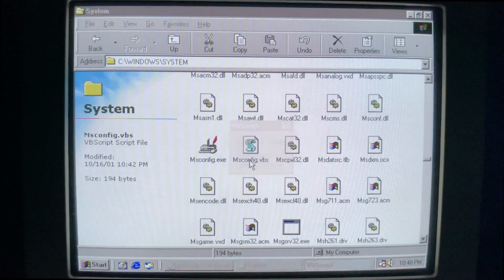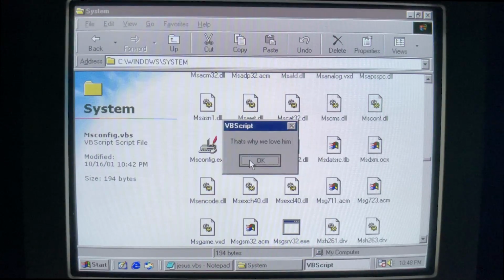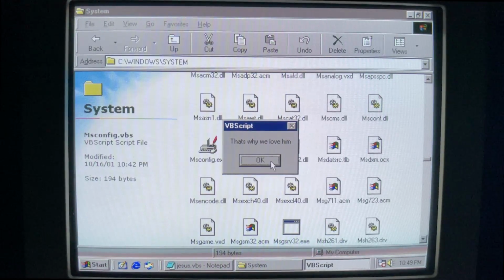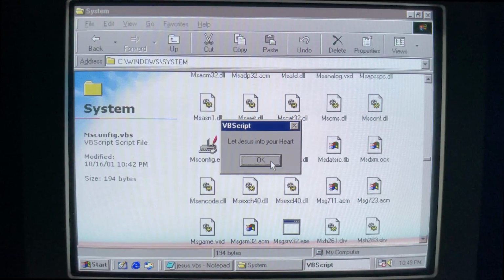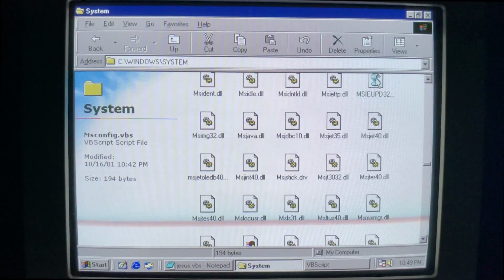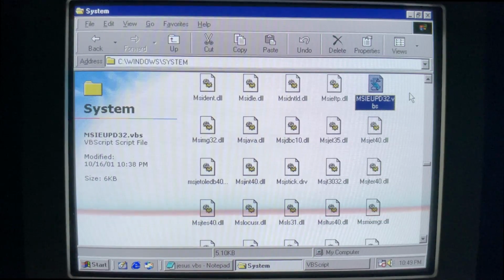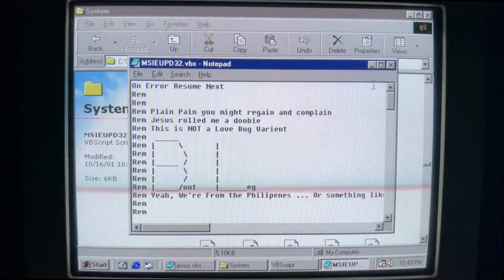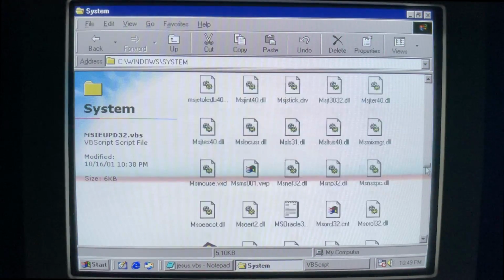And this never stops because, of course, infinite loop, we'll have to kill the script. Oh, no, even then, it doesn't want me to stop. So we're just going to ignore that. And, oh, there is our MSIE update 32.VBS, another copy of the Trojan straight up. And finally, at the very end here,